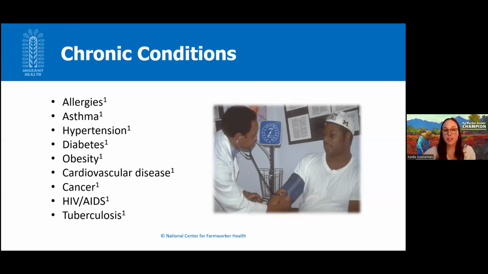So research indicates that agricultural workers have lower rates of many chronic diseases compared to the general population. But a lack of access to healthcare may mean that they have many undiagnosed health conditions. Common chronic conditions within the population include diabetes, obesity, hypertension, and chronic respiratory and musculoskeletal disorders. The primary challenge for an ag worker patient with a chronic disease, especially one who migrates, is continuity of care and self-management of their chronic condition.